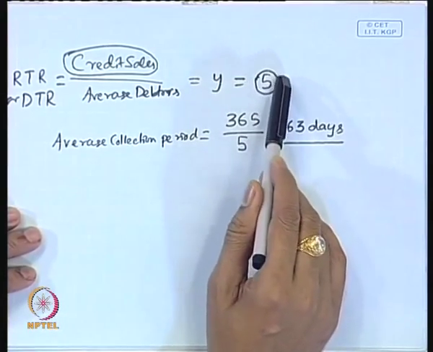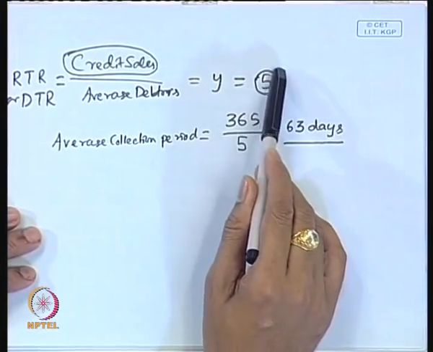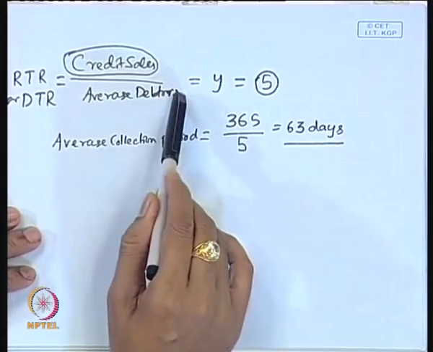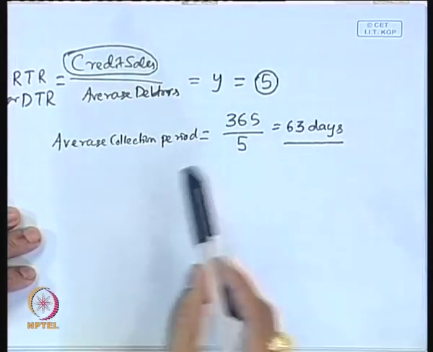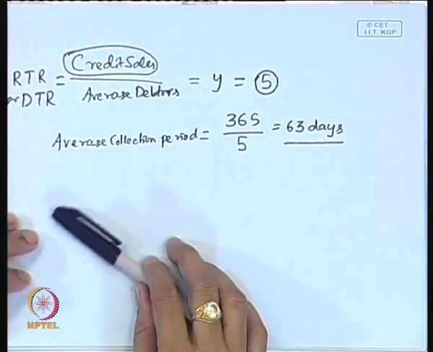So, lower this particular value is always good, and this can be lower only if the debtor turnover ratio is higher, and the debtor turnover ratio can be higher only if the average debtors is actually lower. So, this can be achieved with the help of giving some incentive to the debtors, that you please pay within time, or if you pay within these many days we will give certain discounts to you. So, in that case it can be achieved, so that the money kept with the debtors is for as few days as possible, and then obviously, if the number of days is reduced,